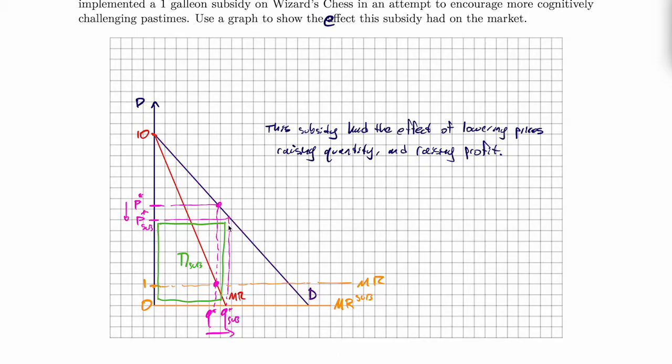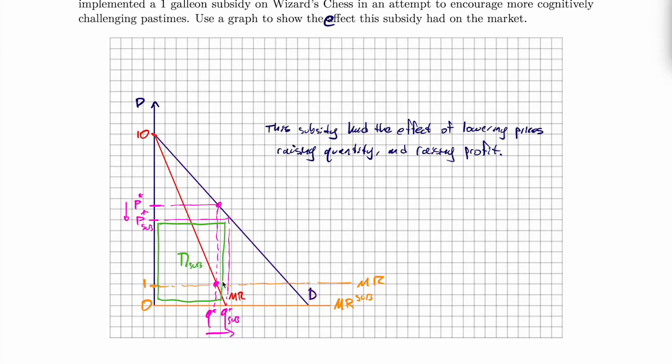And graphically, the change in profits isn't exactly clear, whether it's getting bigger or getting smaller, right? We have a decrease in price, which we would think would decrease our profits, but we see an increase in quantity. So these two things we might think would be possibly offsetting, but we don't know exactly the direction, at least initially. But we also have a decrease in the marginal cost. So you can do a little bit of work to show that profit is actually going up in this case. But intuitively, the reason we would expect it to go up is because